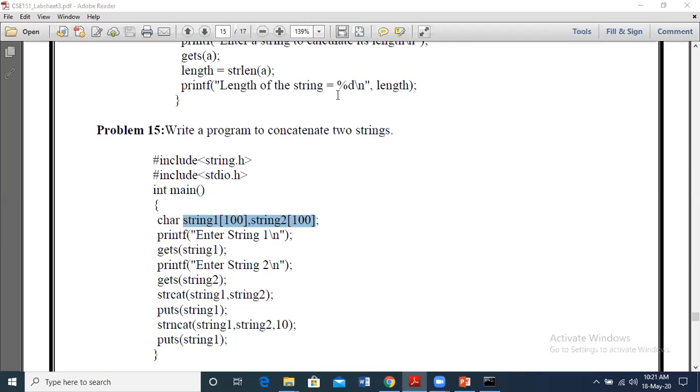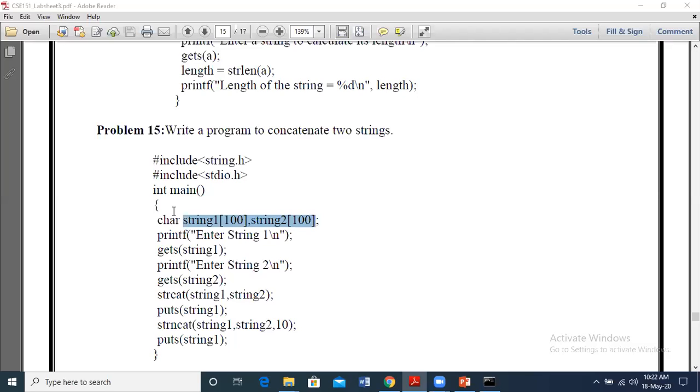So whenever we have a problem, we have to decide the input. So string 1 and string 2. So output will be in string 1. Good. So we just saw the definition of strcat. In the previous program, when we concatenated, we stored it to full name, right? The output was full name. But here we are using strcat. It will store it back to string 1 only, right?